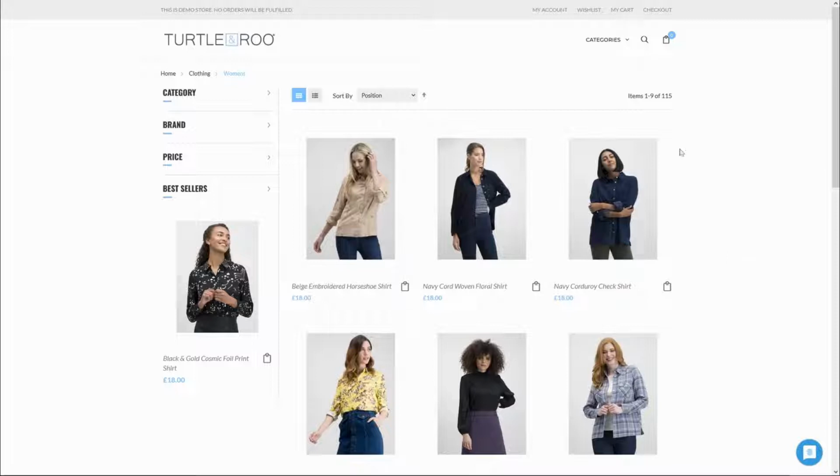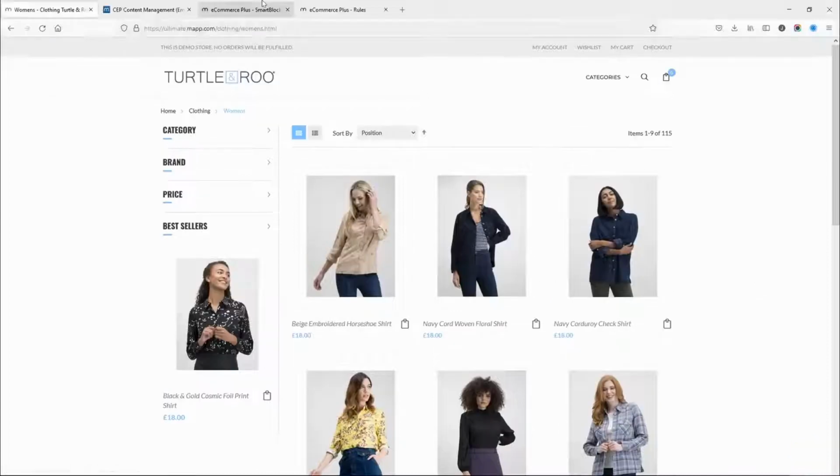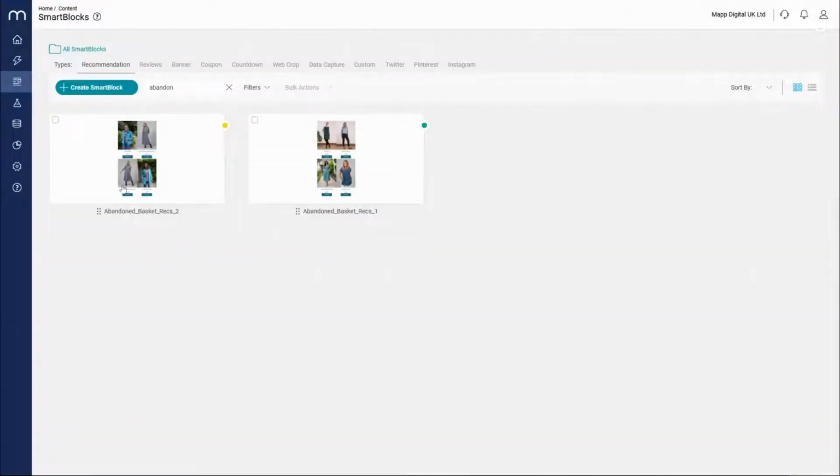So how do we get this information from the website into our emails in real time? For this, we will use our Map E-commerce Plus tool, and we will go and see the different types of products that we can start pulling through. There are lots of different campaign types, which we'll discuss later, that you can bring recommendations in for. Personalizing these newsletters is a way to try and increase personalization, click-throughs, and obviously AOVs